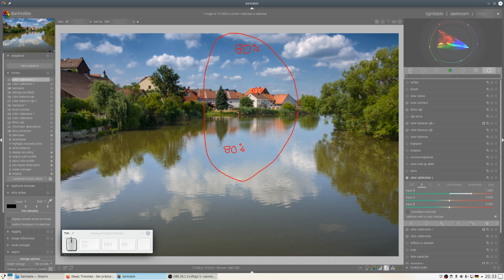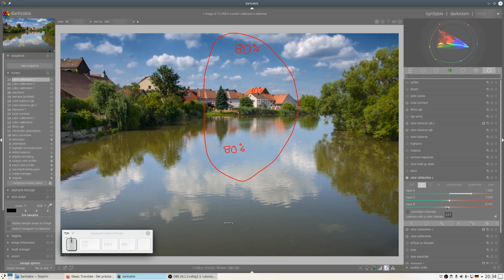Now we can use that ratio of blue to remove red from the sky. So we don't use that ratio of red, but the ratio of blue. So if I move now input blue in the red channel, that means I am using this ratio to remove some red, let's say 10%. Now I have removed 10% from 80. 80% is 8. Now I have removed 8%